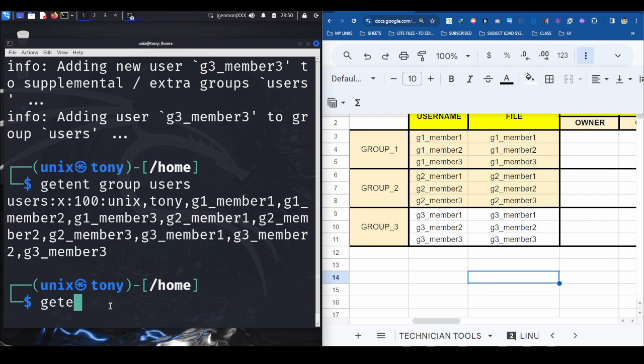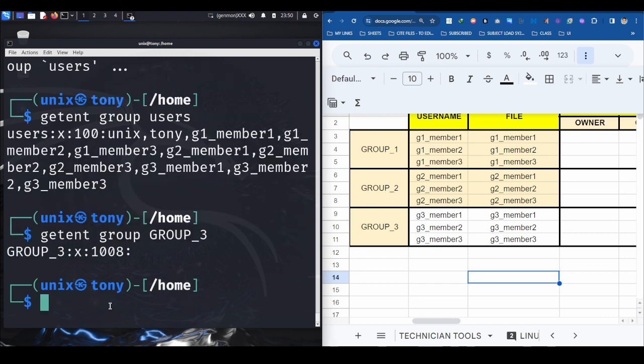So let us check the members of group 3. The name of the group 3. There are no existing members, so we need to add